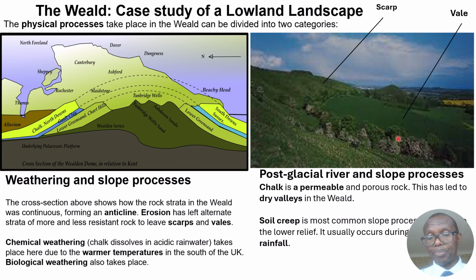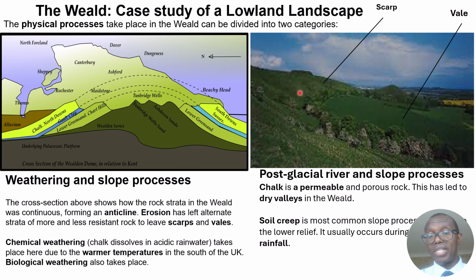So, coming on to the post-glacial river and slope processes here, we know that chalk is a permeable and porous rock, and therefore, after the ice here had melted, the water that was a result of that then infiltrated into the soil, and that has led to dry valleys in the Weald. And the main slope process that is taking place over here is actually soil creep,